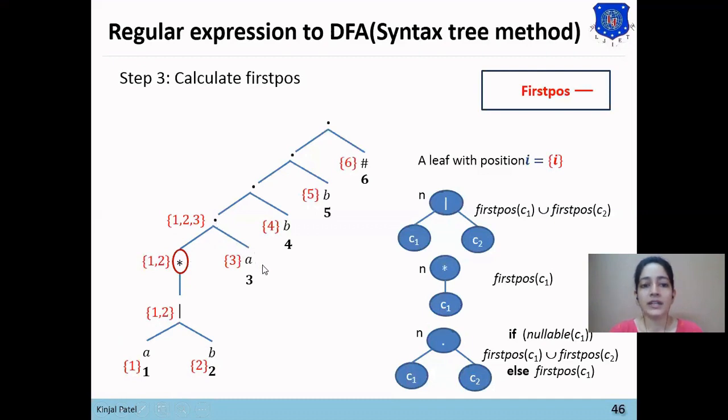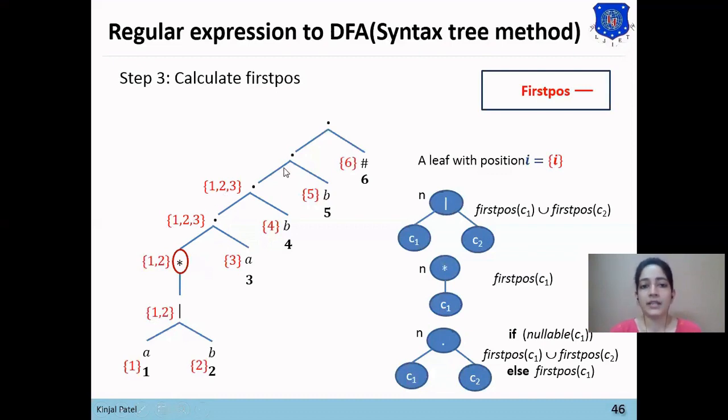You can see that A is a must in this string. So in C1 A is a must, so C1 is not nullable. So we will perform the else branch, which says first position of C1. So in this dot node, first position of C1 will be directly copied down. Here you can see that directly first position of C1 we have written down.